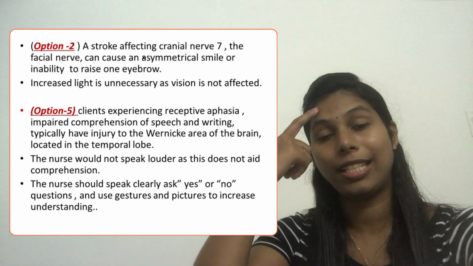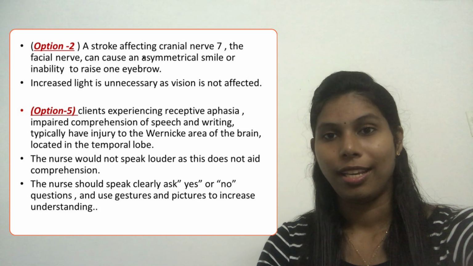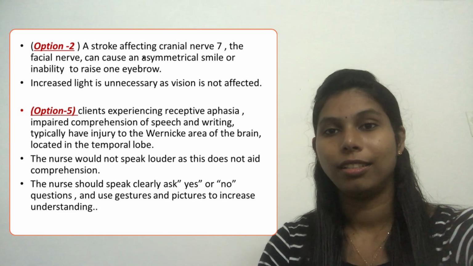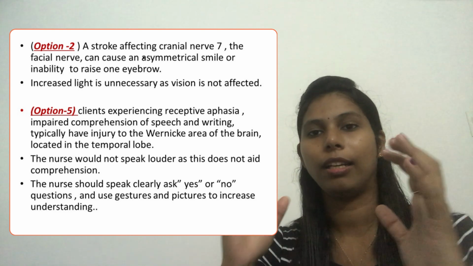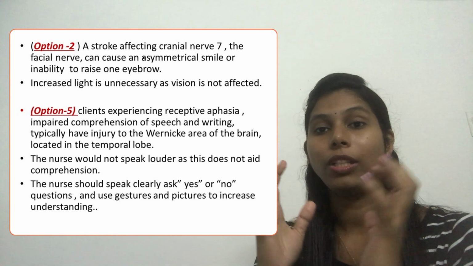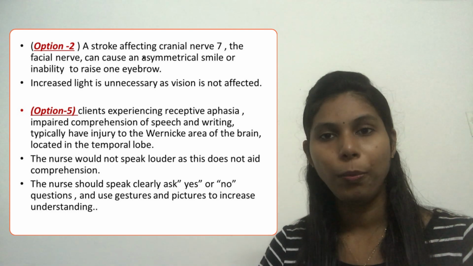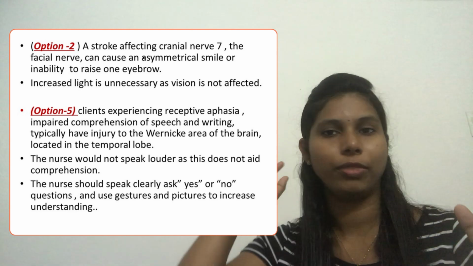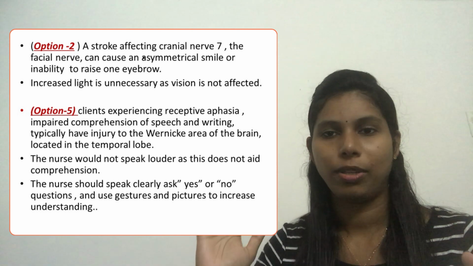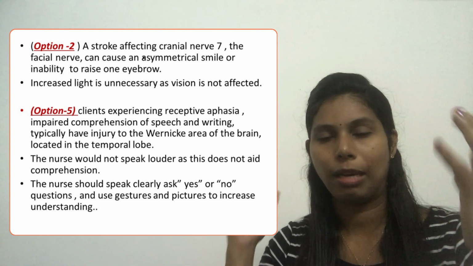And what is the other area? Broca's area. That is in the frontal lobe. That is the area that controls coherent speech. So these are some of the main points. I hope you have some idea about each part of the brain: frontal lobe, temporal lobe, parietal, occipital, then the pons, brainstem, cerebellum, everything.